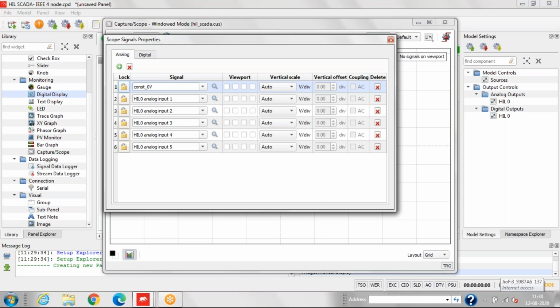First we'll add the signal in the capture scope. Here we'll add the signal node 2 v1.